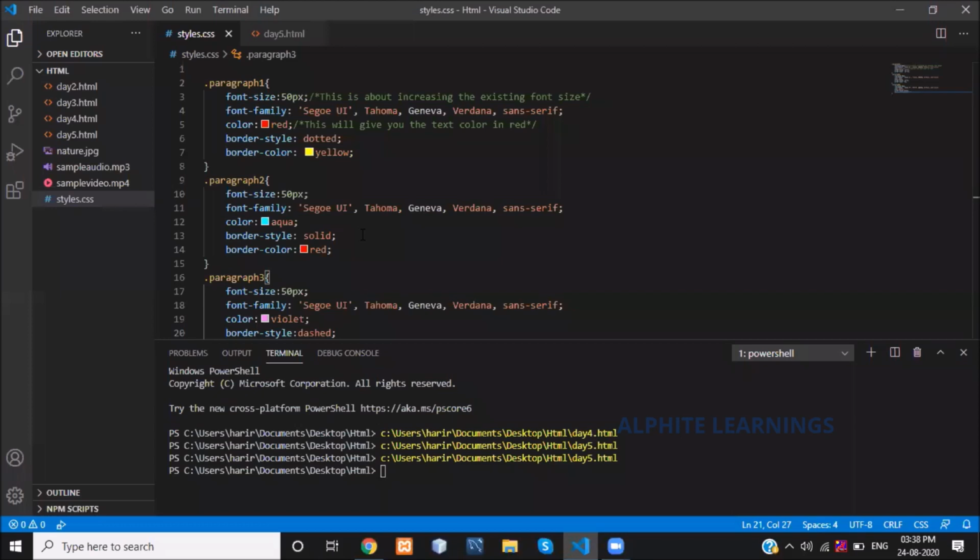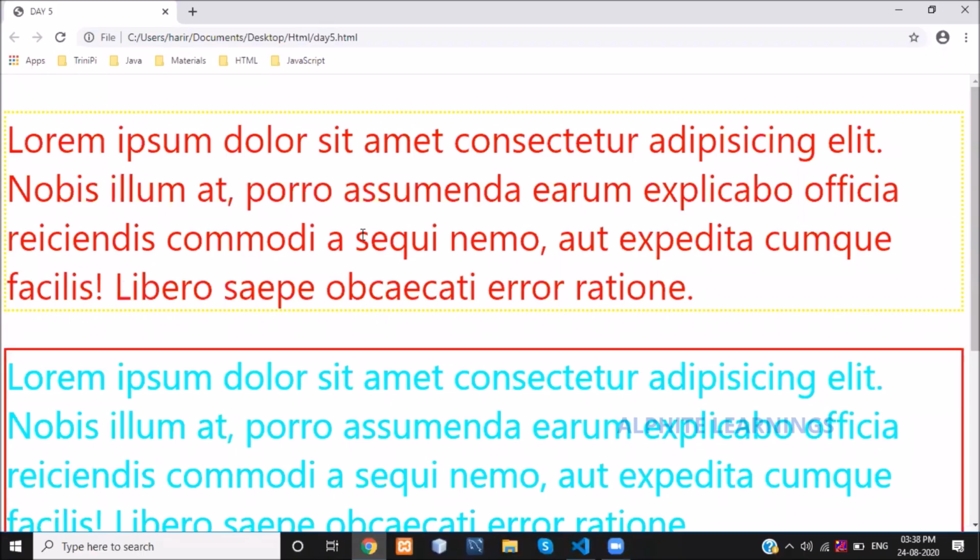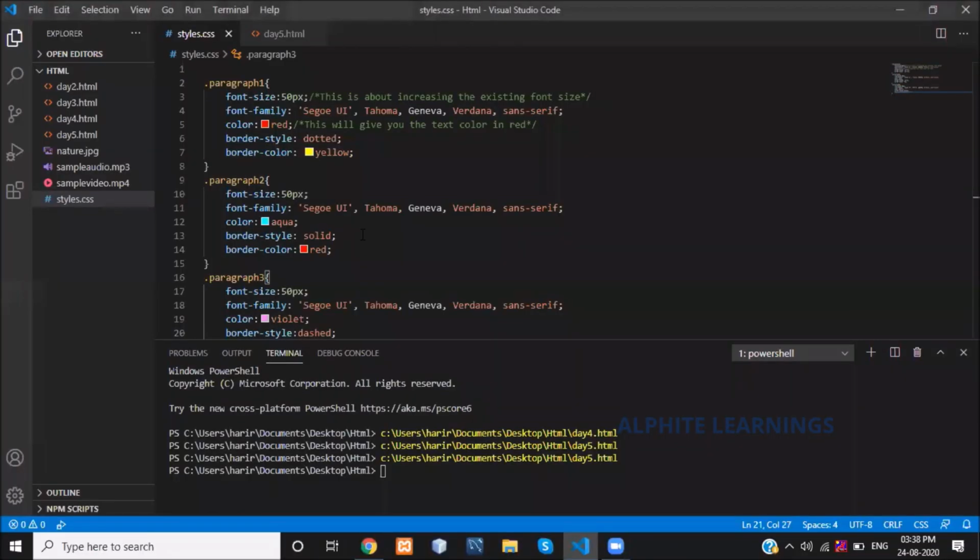Now, sir, I want a border on a specific side. If I want a border only at the bottom for my paragraph, I have explained how to give a border. What is next? Sir, for my paragraph I want a border only in the top portion, only in the bottom, only on the left side or only on the right side.